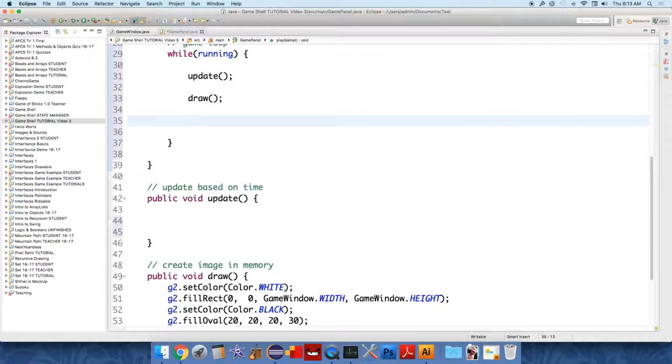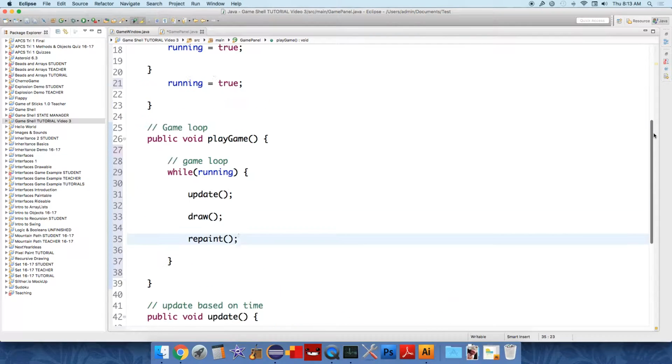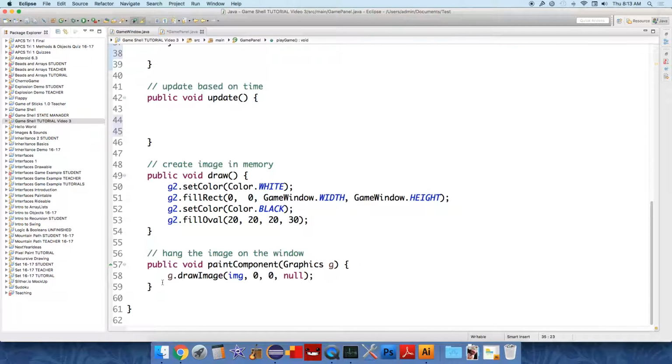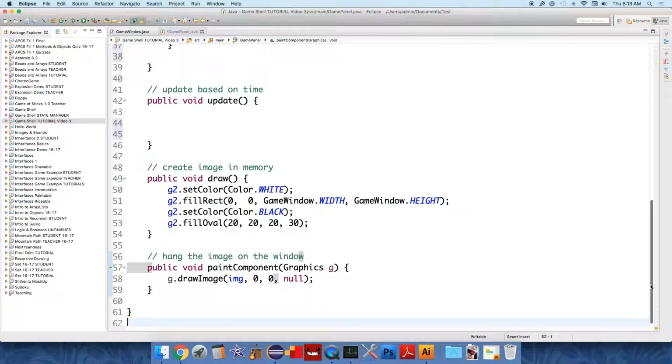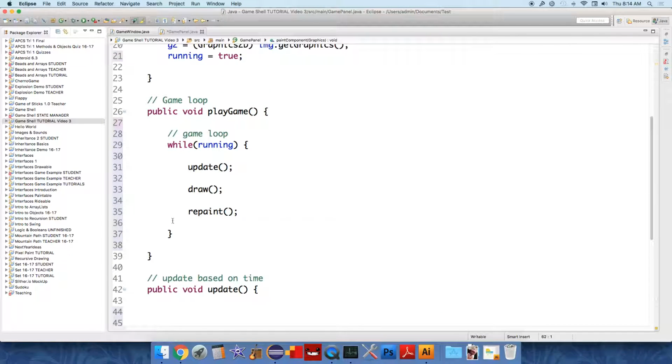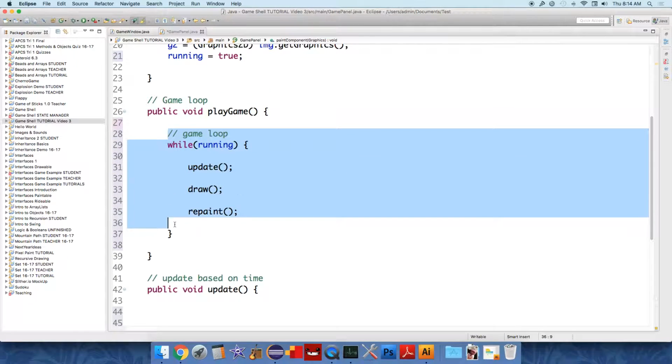And then the final thing we call is going to seem a little weird at first: repaint, which is part of Java Swing. It's not a mystery, obviously. It doesn't appear in our class anywhere. Repaint is built into Java Swing, and it calls paintComponent. So I'm not quite sure why we can't just call paintComponent, but we can't. We need to call repaint, and that'll accomplish this goal for us. I'm sure there's a very good reason why we use repaint rather than paintComponent, and I'm just not thinking of it at the time. Okay, so this is a very basic game loop,